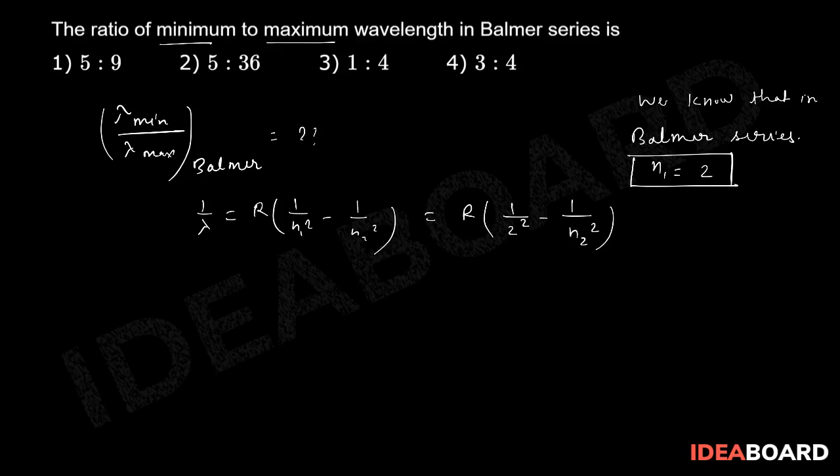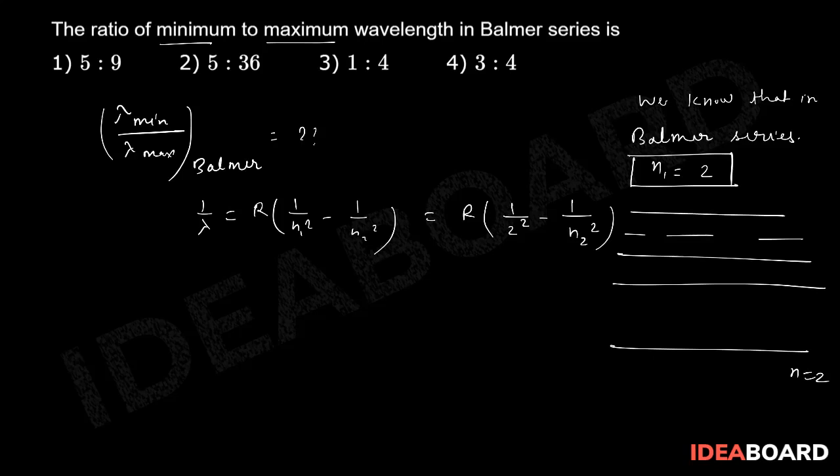Now our question is about minimum and maximum. So understand, if this is n equal to 2, then the next one will be n equal to 3, and 4, and likewise so on up to n equal to infinity. When we are talking about lambda, it is going to be hc by E, because the formula is E equal to hc by lambda. That shows lambda is inversely proportional to energy. That means if I am talking about lambda minimum, energy has to be maximum at that point of time, and vice versa. If I am talking about lambda max, energy has to be minimum.